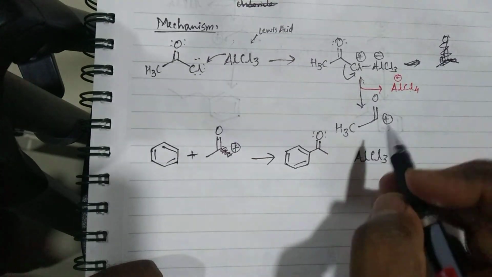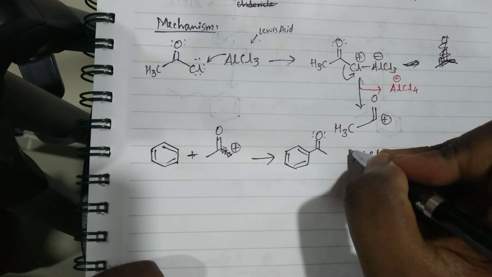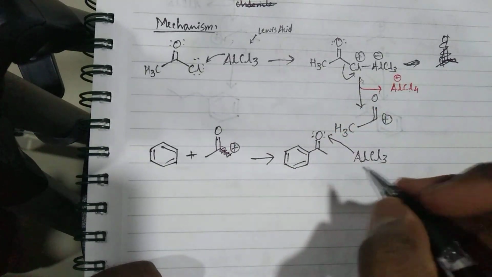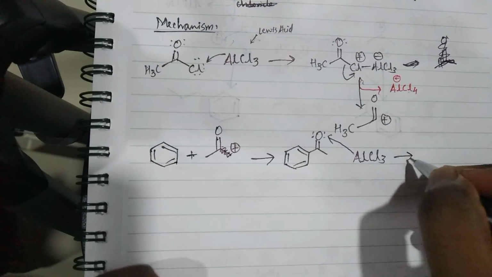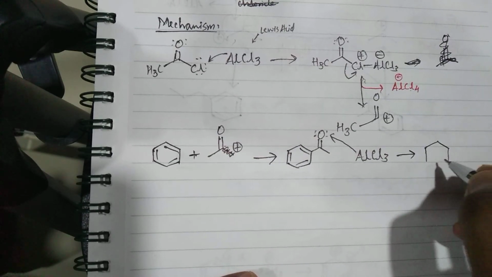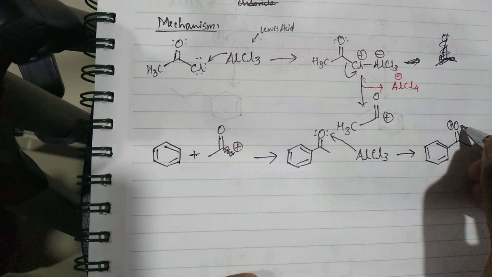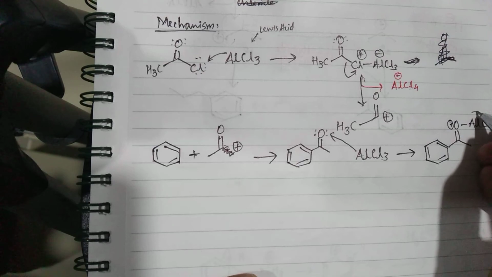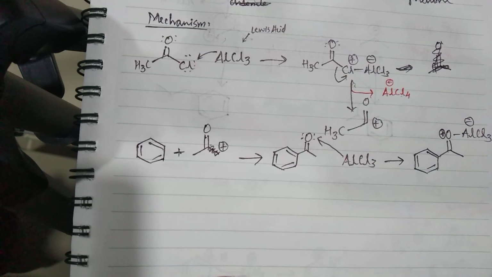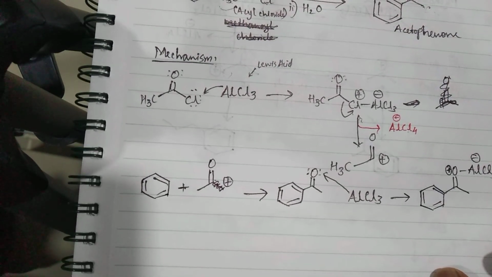Now if you look at this compound here, in this molecule, oxygen has a lone pair. Aluminum won't distinguish between a chlorine lone pair and an oxygen lone pair. If lone pairs are there, aluminum chloride will attack. So this aluminum chloride will attack the oxygen of the carbonyl group. And you will have a situation something like this: AlCl3 with a negative charge on aluminum, and a positive charge on oxygen. Now how do we come out of this crisis? This is not really what we want. This is an aluminum complex that we have.